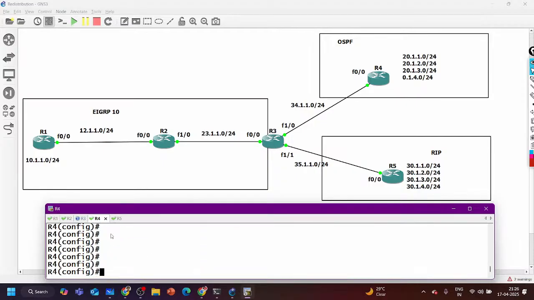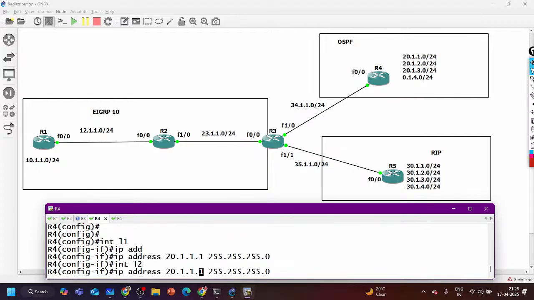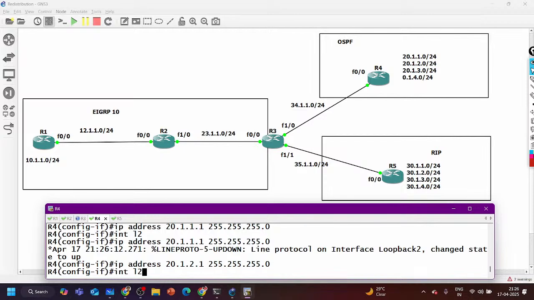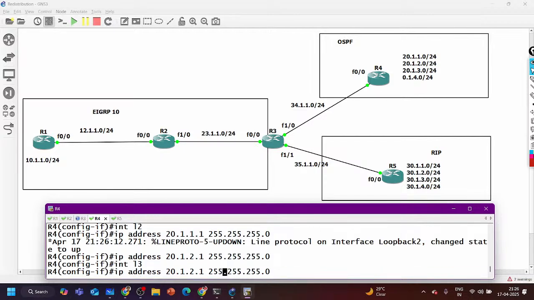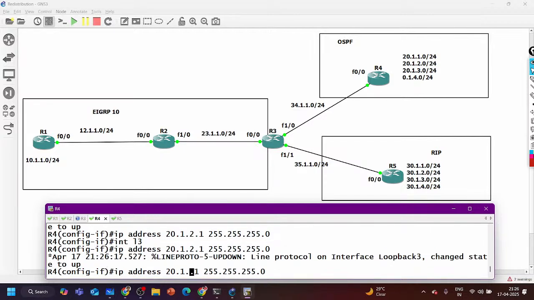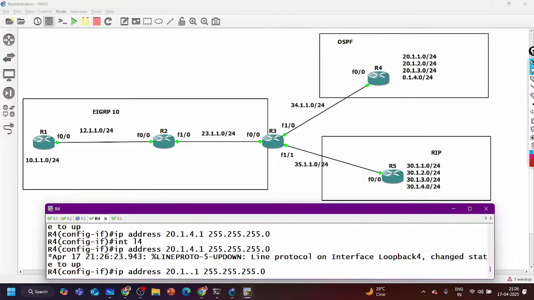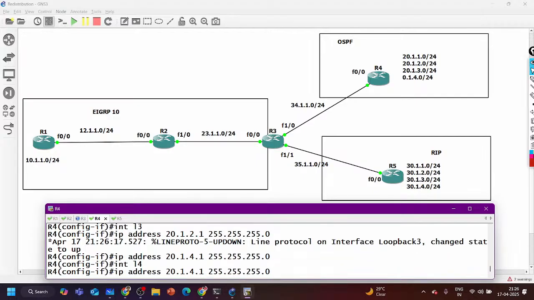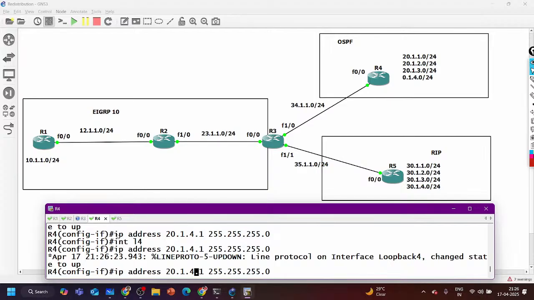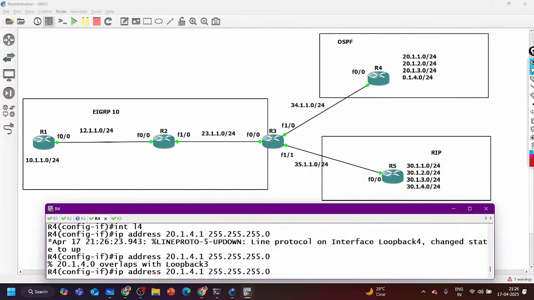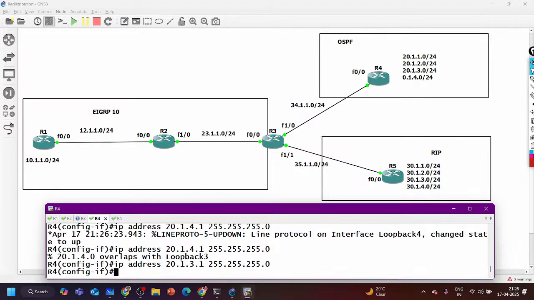Now go to router 4. Say again interface loopback 1, IP address 20.1.1.1, 255.255.255.0. Interface loopback 2, 20.1.2.1. Interface loopback 3, 20.1.3.1, and loopback 4, 20.1.4.1 also is there.